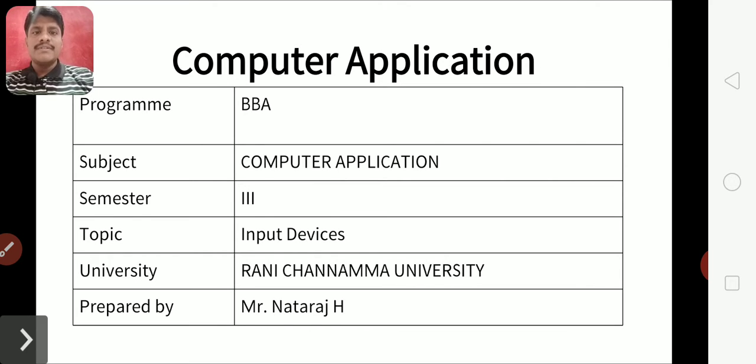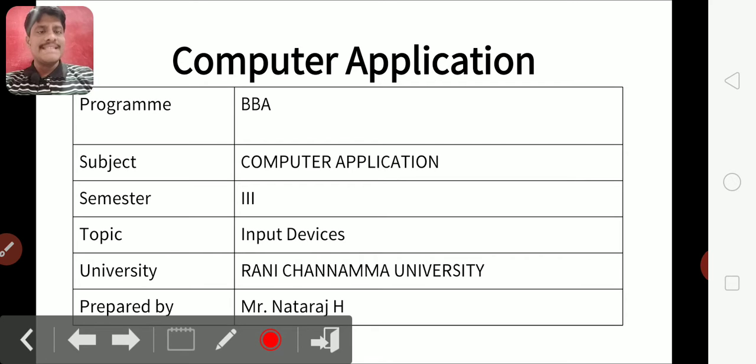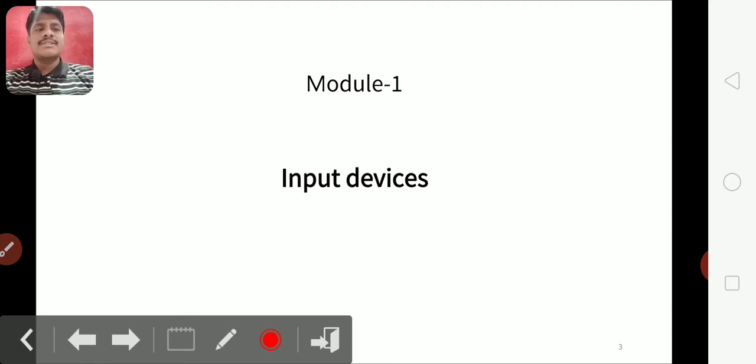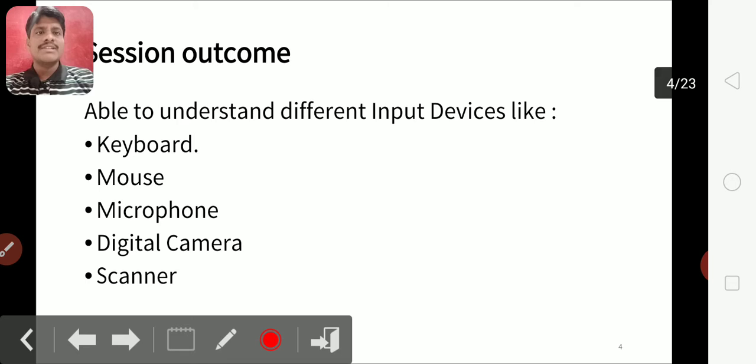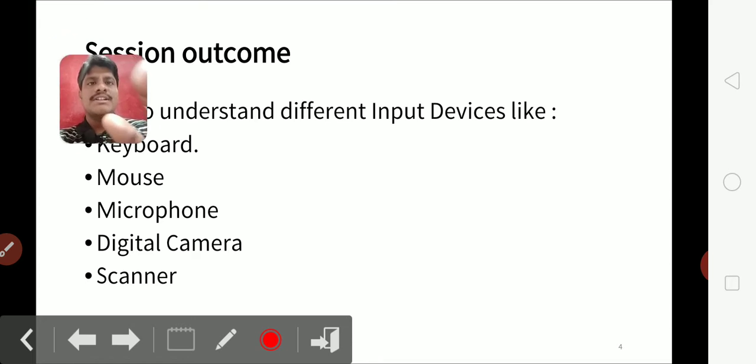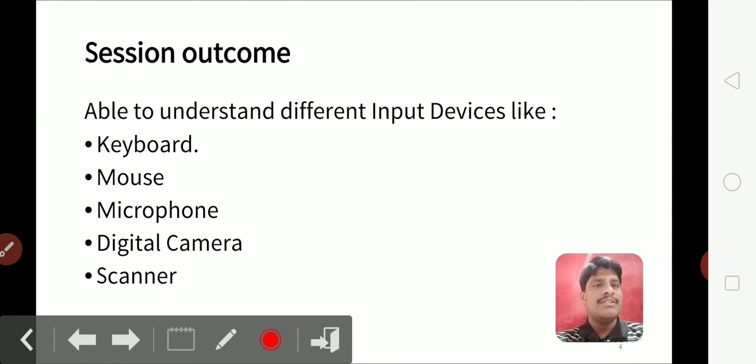Usually input devices are the basic things required for the computer to process data. In case of input devices, the data will be collected from the user, and later on those data will be sent to your CPU, which is nothing but your central processing unit. The majorly important input devices are the keyboard, mouse, microphone, digital camera, and also the scanner. Let us move into details regarding each of the input devices.